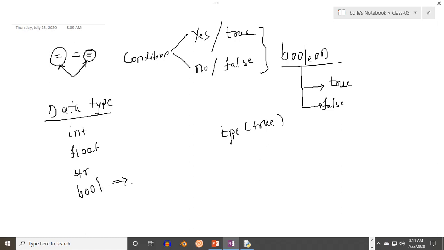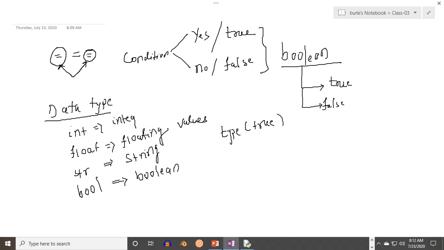So bool is for Boolean, str is for string, float is for floating or decimal values, and int is for integer values.